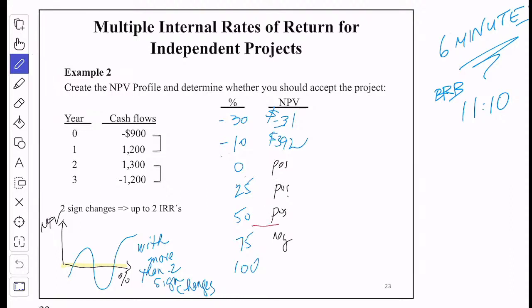the IRR. Now, I'm just putting it to find it here, but if you want to graph it, you actually have to find the values, right? For the chart. So now I would iterate between 50 and 75 to get closer. So it would be 50, which is a positive, I said, and then